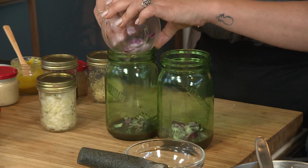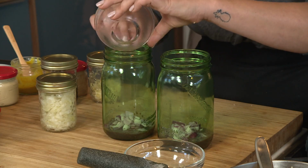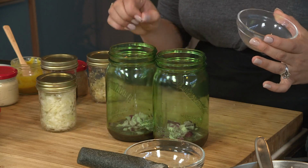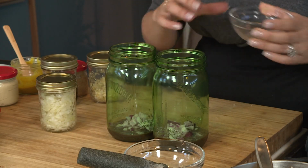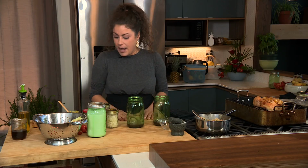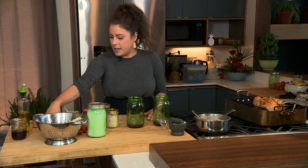If you weren't eating meat and you were using something like a black bean or a chickpea or something like that, now would be a great time to add it to the jar because it also doesn't get soggy when it's touching dressing like this. Excellent, look at that. Now that we're at this point, what do we do? I'm going to take a little bit of cucumber